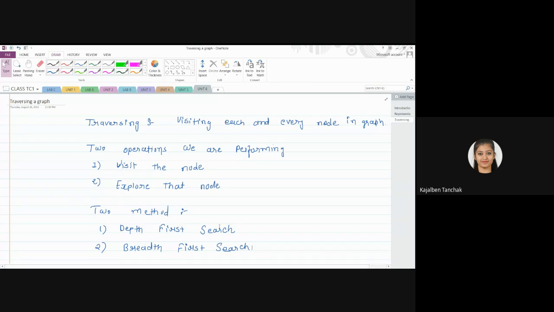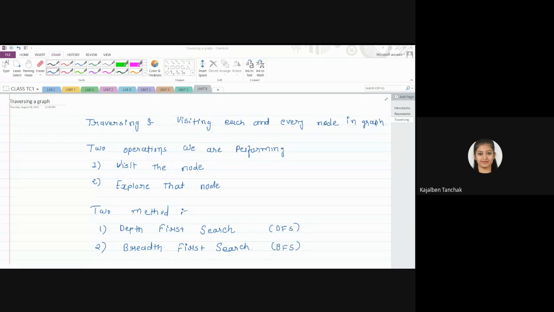Have you studied this depth first search and breadth first search? Simply we can call them DFS and BFS. In data structure, have you studied this algorithm, everyone? Right.